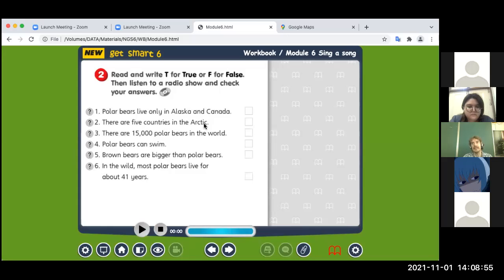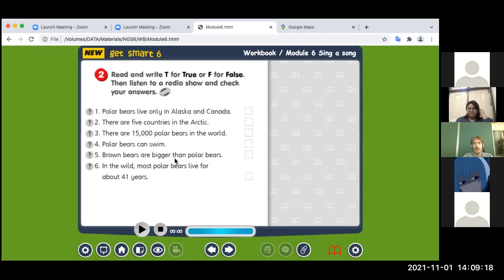Number 3, there are 15,000 polar bears in the world. 4, polar bears can swim. Is it true or false? 5, brown bears are bigger than polar bears.